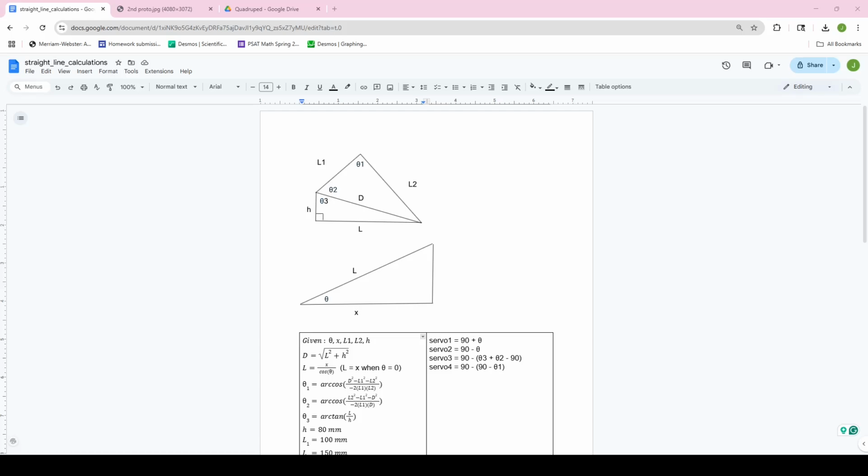So I decided to upload videos to document my progress on the development of my quadruped spider-inspired robot, and although I'm already working on my second prototype, I just want to go over my first prototype and inverse kinematics to draw a straight line. And first, as you can see, there are two diagrams and multiple variables to